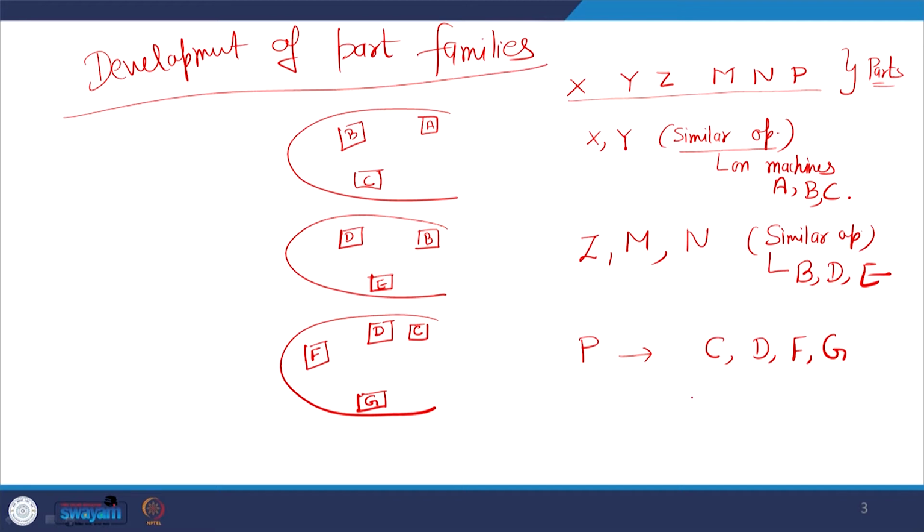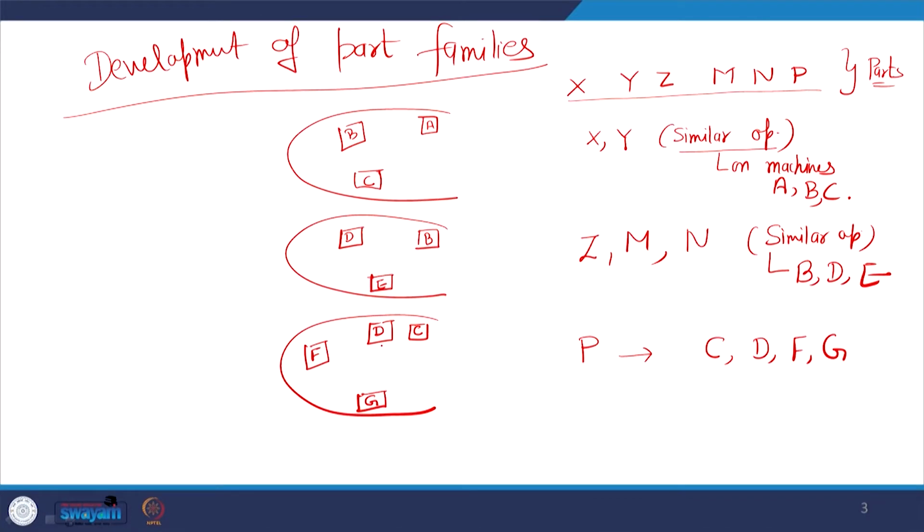So, you have three part families on the basis of this, this is my way of development of part families. There can be multiple other ways, because you see that B machine is used in first part family and the second part family. C machine is used in first part family and third part family. D is used in second and third also. So, there is some kind of repetition. These are not completely exclusive cells. So, you can have that kind of then IT plays important role.